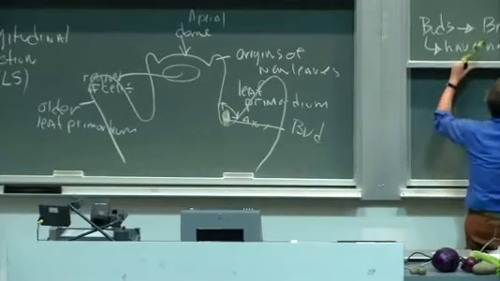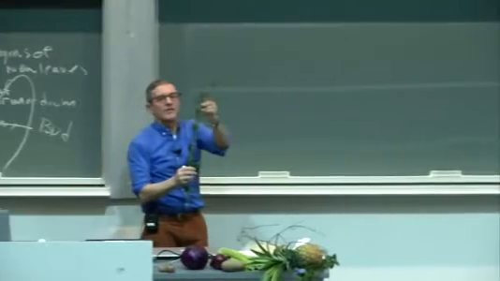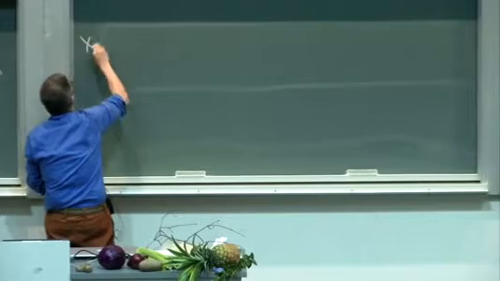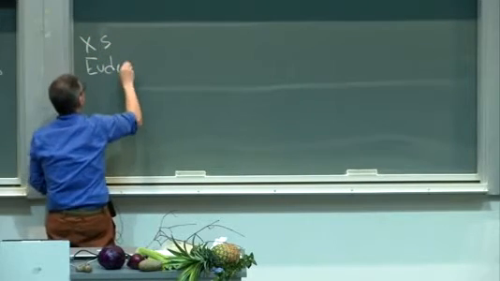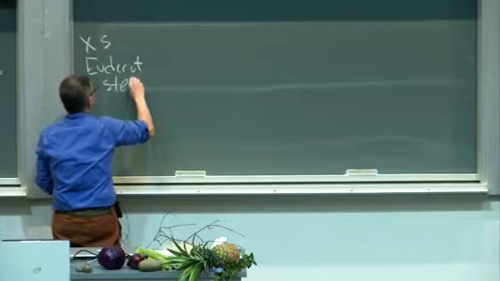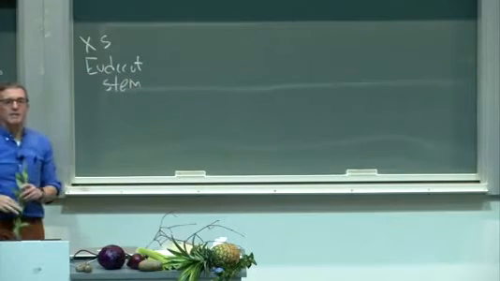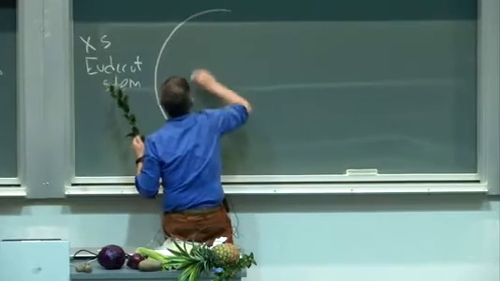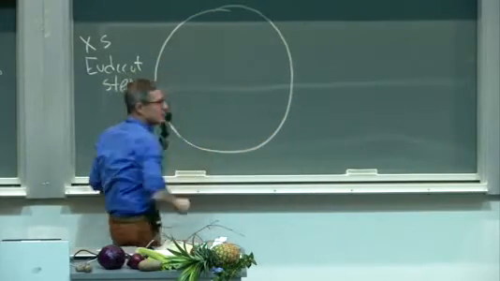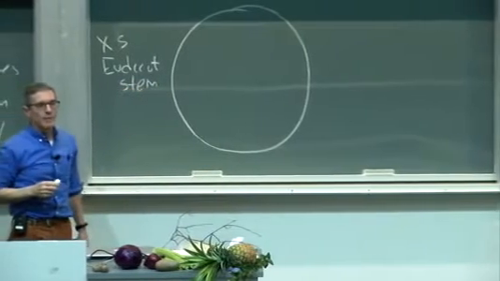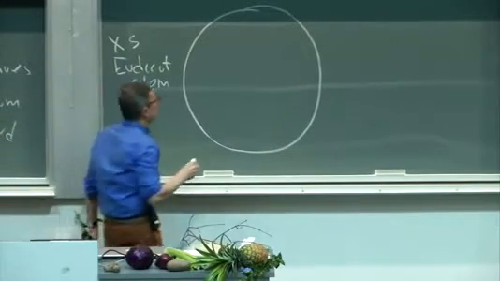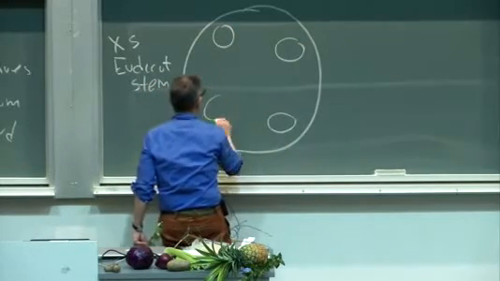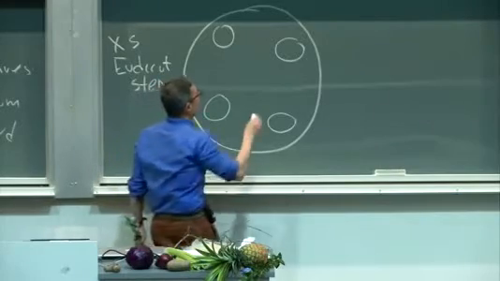And let's begin by looking a little further down on this stem here. After the apical meristem has moved away, we're going to make a cross-section of a eudicot stem, and see what kinds of tissues have been produced as a result of the activities of the apical meristem. So this is a cross-section of the stem, and there are only a couple of cell types that we need to put on here. What we notice is that there are regions on the stem, and this is just a typical one I'm drawing here, which appear to have